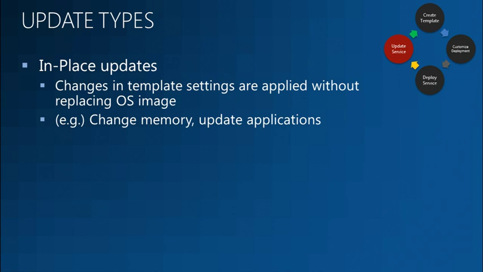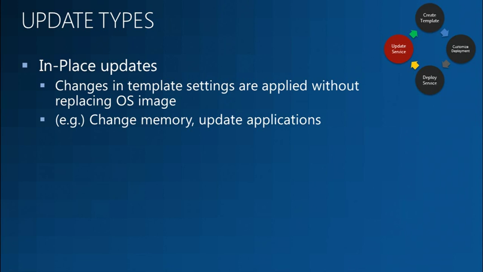There's two update types that we have. One is called in-place. Question? To follow on that question, can you automate the detection that the deployment didn't work and the rollback? Not native to VMM, but you could do that with Orchestrator, because the outcome of the servicing operation will be either deployed OK, deployment failed, or servicing failed. So you could detect the state of the updated service and then automatically initiate a rollback